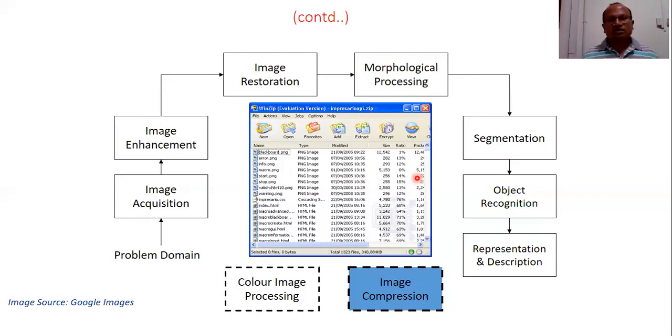Image compression methods are of two types, lossless and lossy. In lossless, there will not be any loss of any information, whereas in lossy, some content may be lost. Some content we may lose, but not that much. Still the image has to remain meaningful. It must carry the major content. Otherwise, there will not be any use of that image.